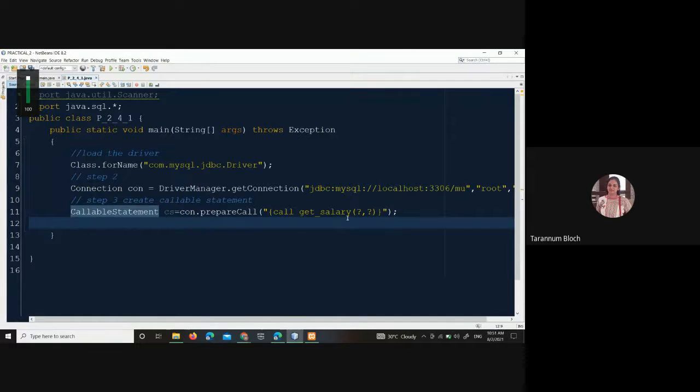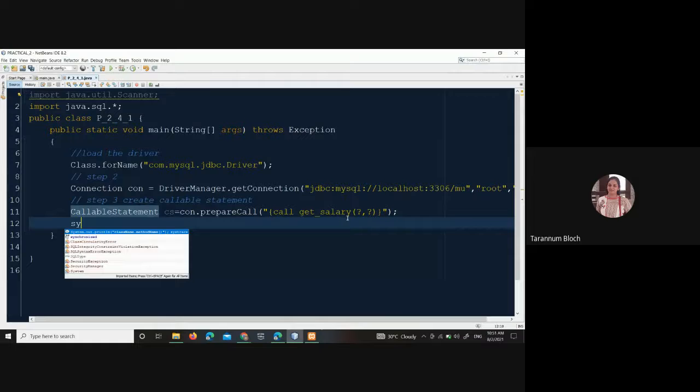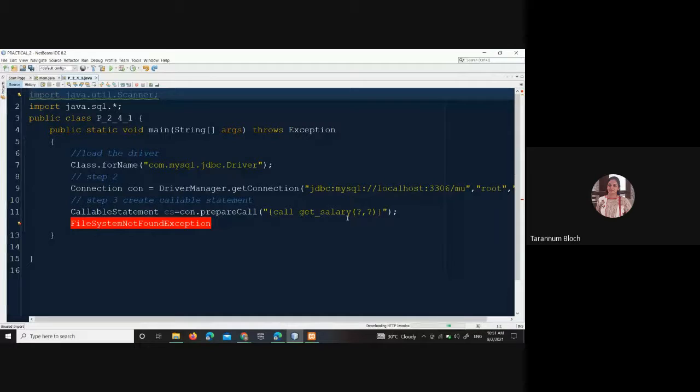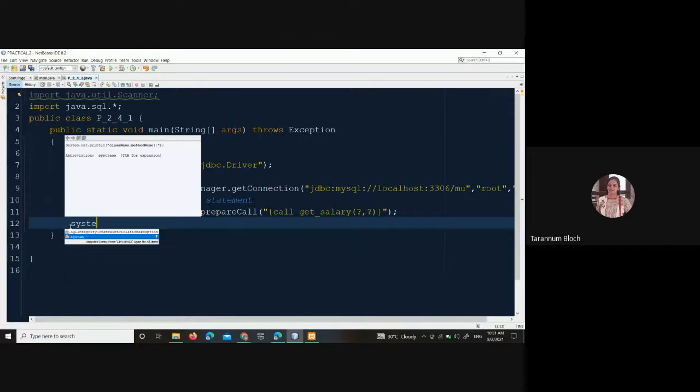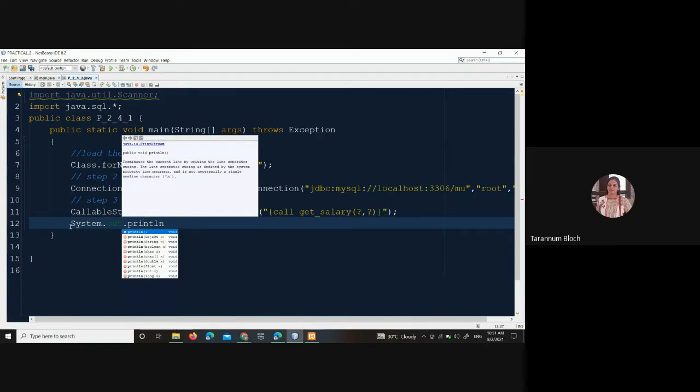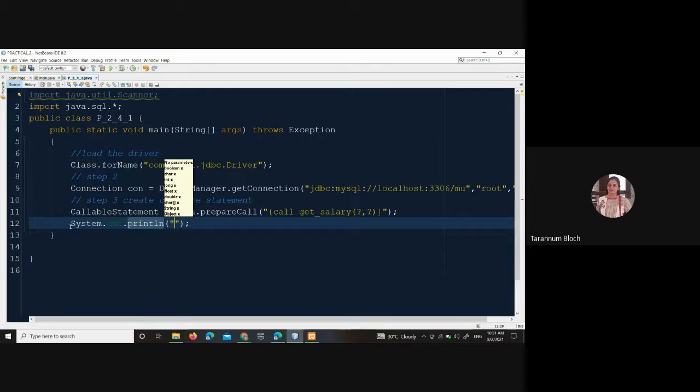We will write System.out.println, enter employee ID, in double quotes.